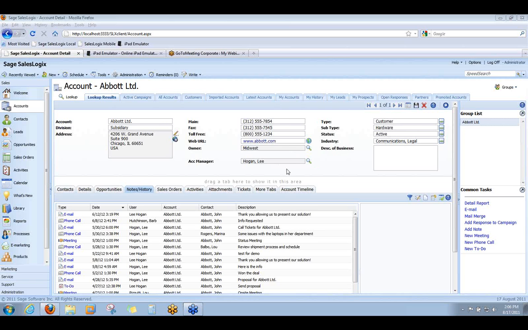Okay, so with that said, I'm just sort of going to walk through these in no particular order, and as Brianna said, if you do have any questions about anything you're seeing, by all means post it in the questions area. We'll try to maybe answer those as we go through, and certainly we'll do that at the end as well. One of the first things I'll show you is the improvements that they've made to the Notes and History